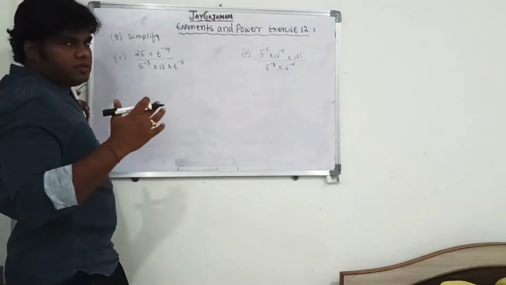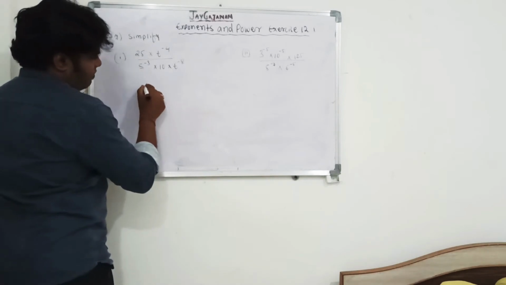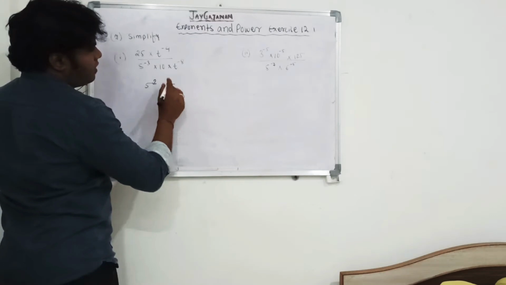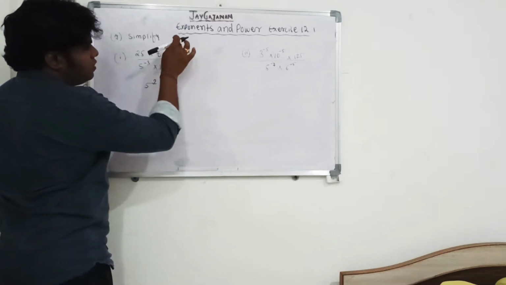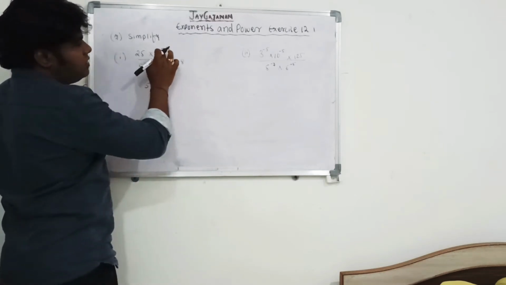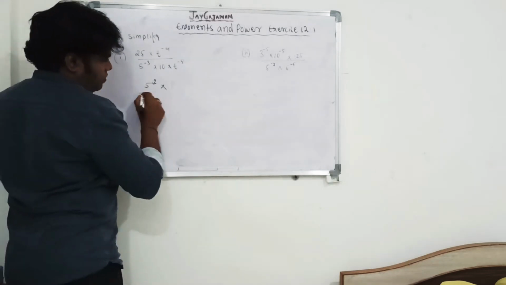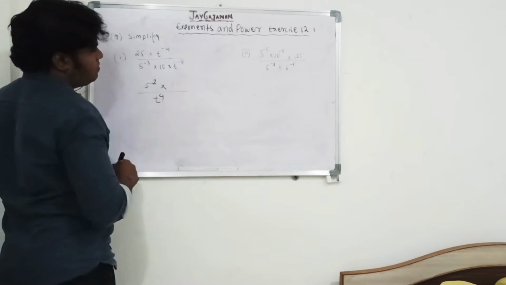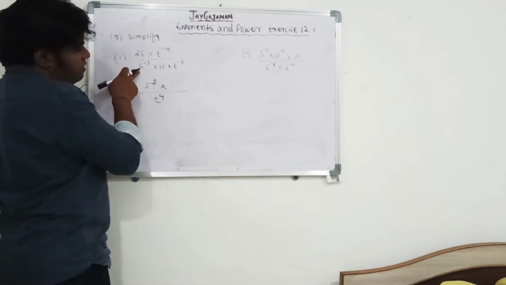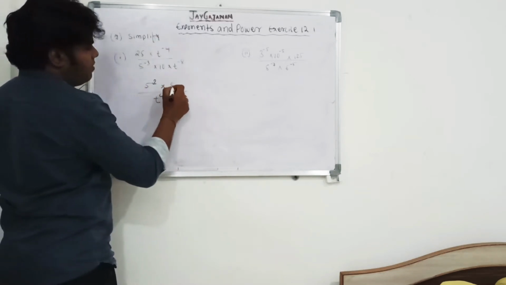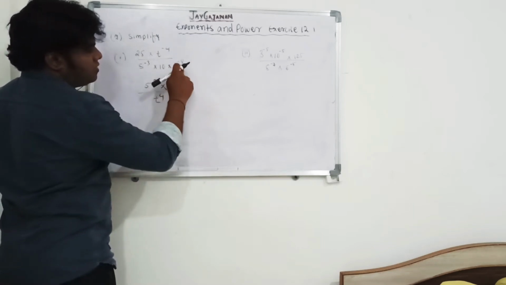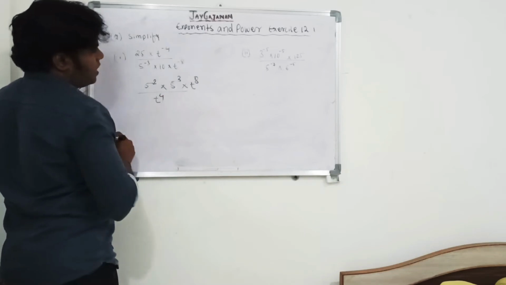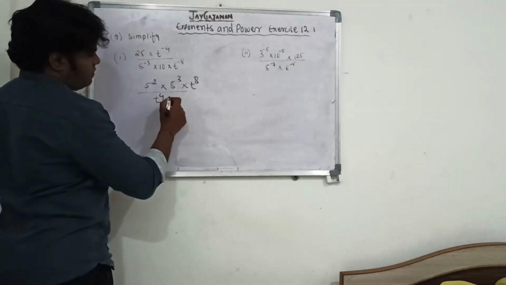25 can be written as 5 square. So I can write 5 square multiplied by t to the power minus 4. So now this t to the power minus 4 can come down because it is in negative, the inverse. So inverse है तो that will become t to the power 4. Correct. Now this 5 is in inverse, तो इसको ऊपर लेके जाओ and become 5 to the power 3. This also inverse, ऊपर लेके जाओ, that will become t to the power 8. Correct. And then hence what I left 10.